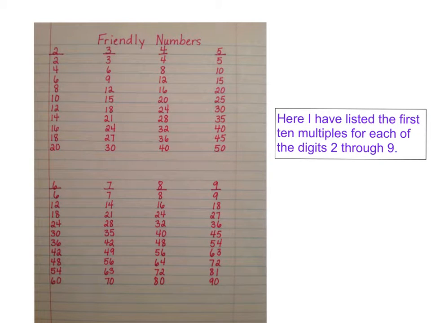Now, because they are multiples, we know that they are evenly divisible by the number at the top. So this column would be friendly for 2, friendly for 3, friendly for 4, friendly for 5, friendly for 6, 7, 8, and 9. So if I'm looking at my column, let's just look at the 4s here, see if I can zoom in